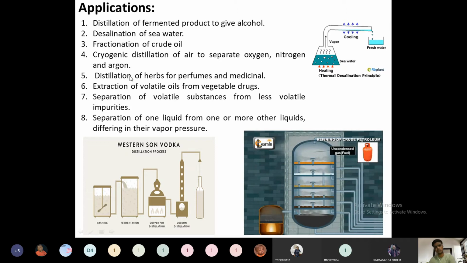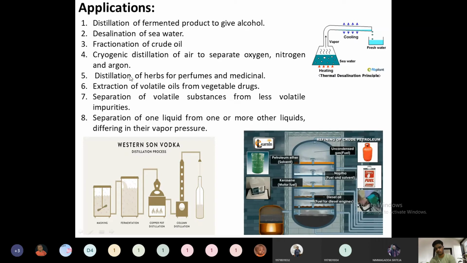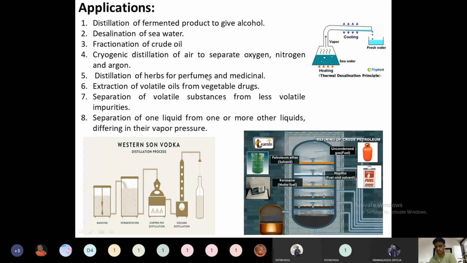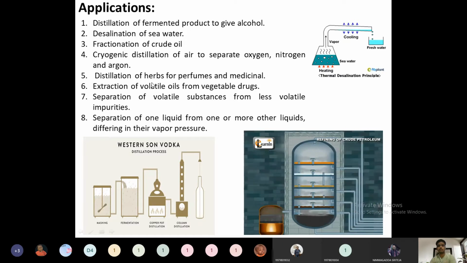In the manufacture of vegetable oils, in CT2, you have seen how we leached the oil from the seeds. That is nothing but a leaching operation. After obtaining that oil, there may be some presence of water. That water we have separated, we have purified that vegetable oil from the water using a distillation operation. Therefore, we can say the distillation operation can be used to extract valuable components from the plants, like medicinal or for perfumeries, and at the same time some volatile components from the essential oils, which is the best example. From the various vegetable drugs we can obtain the volatile oils.